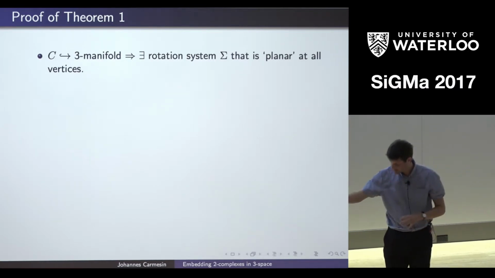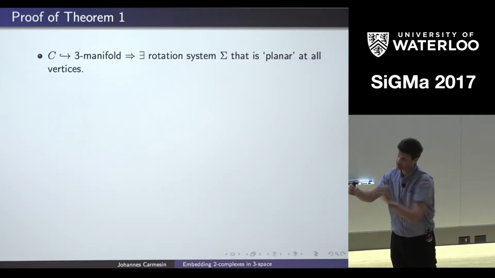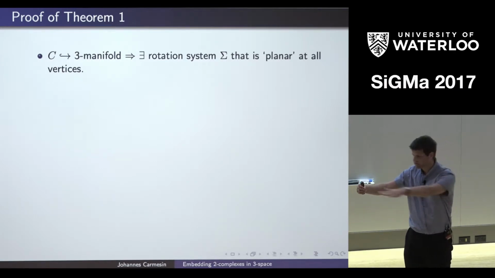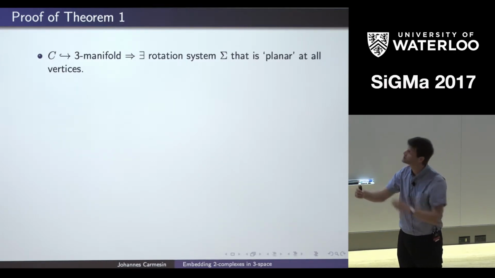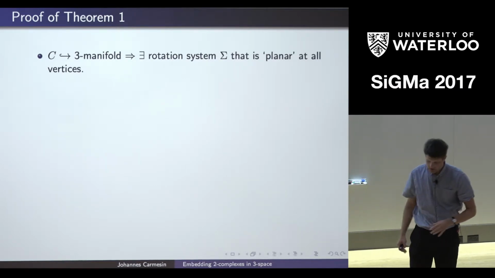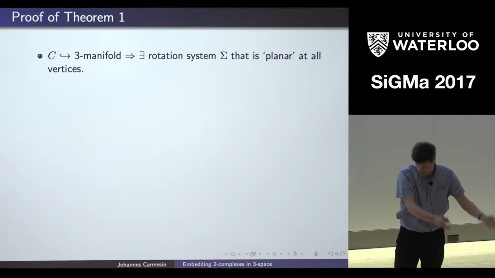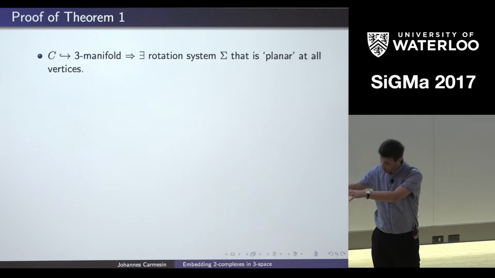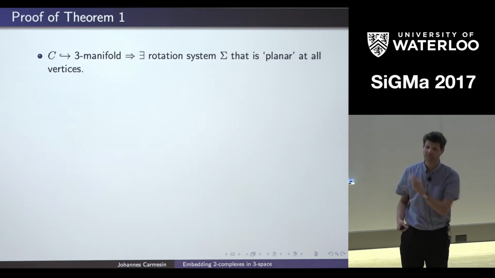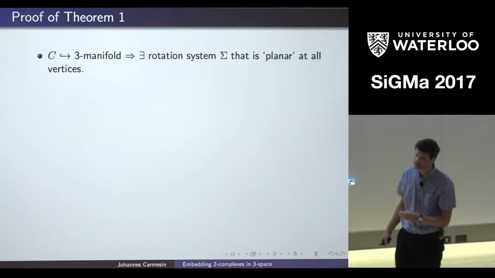And at each vertex, we consider a ball around that vertex, a 2-sphere around that vertex. Every edge intersects that 2-sphere in a vertex, and every face intersects that 2-sphere in an edge. So we get a graph drawn onto that 2-sphere. So if the 2 complex embeds in the 3-sphere, then we get induced embeddings of graphs in these 2-spheres. And these graphs can be defined independently of the embedding. Namely, they're just the incidence graphs between the edges and the faces.